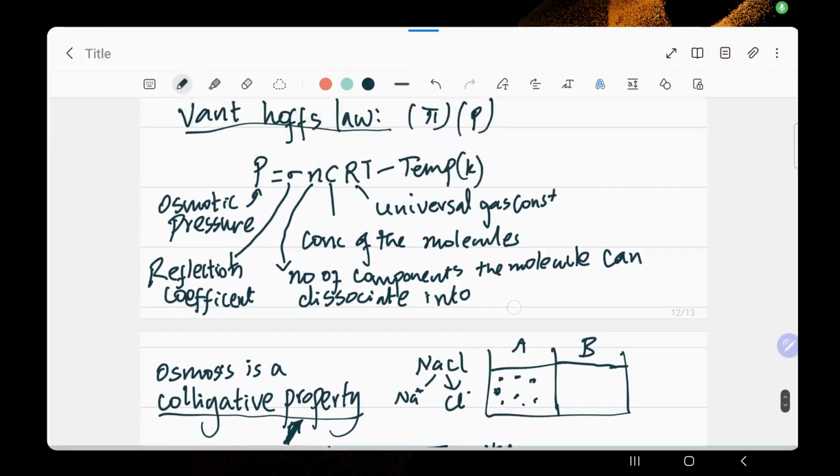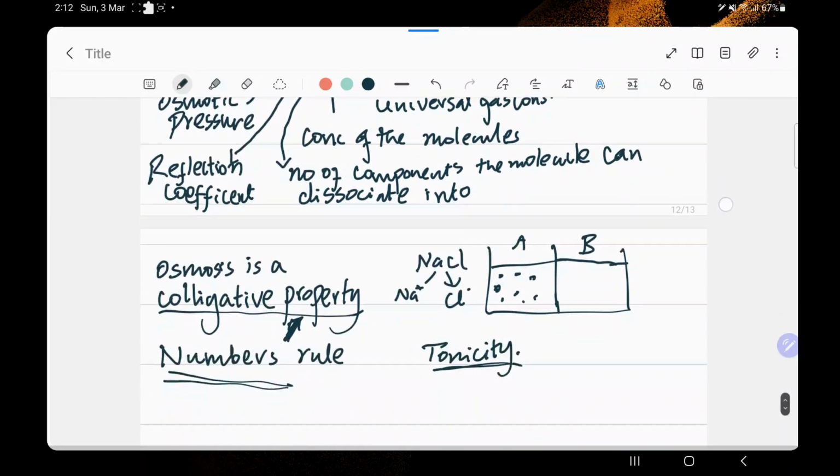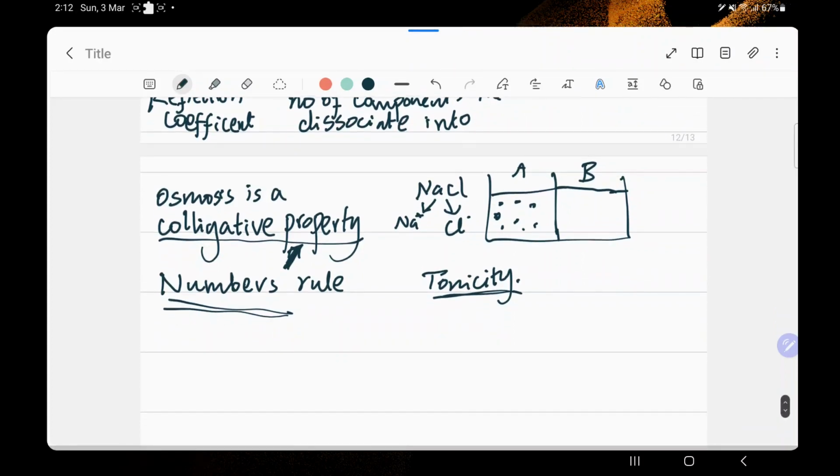When we look at the value of n, the number of components that the molecule can dissociate into. Like I said, sodium chloride can give you sodium and chloride. So you would think it's actually going to be 2 for sodium chloride, because one molecule of sodium chloride gives you 2 atoms, one of sodium and one of chloride. Well, but it's not always the case, because if you look at real life,